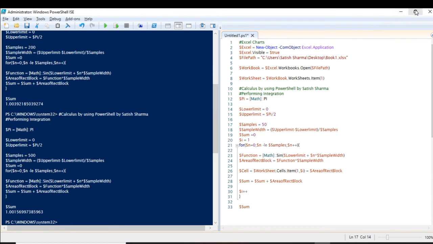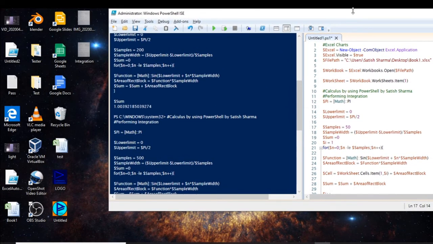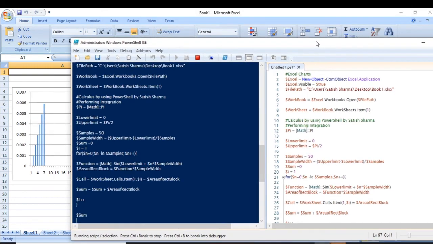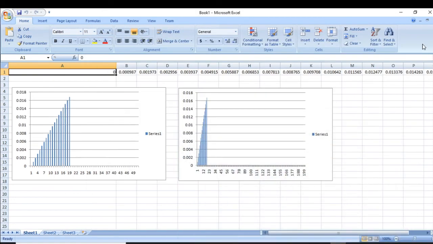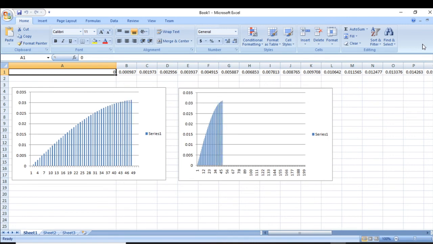For that, let me run this. You can see here what is going on. This is 50 samples.